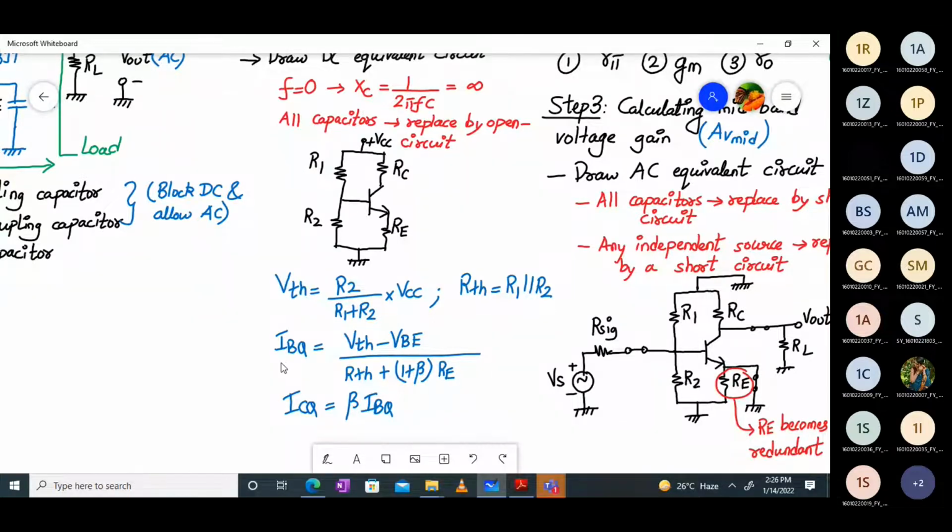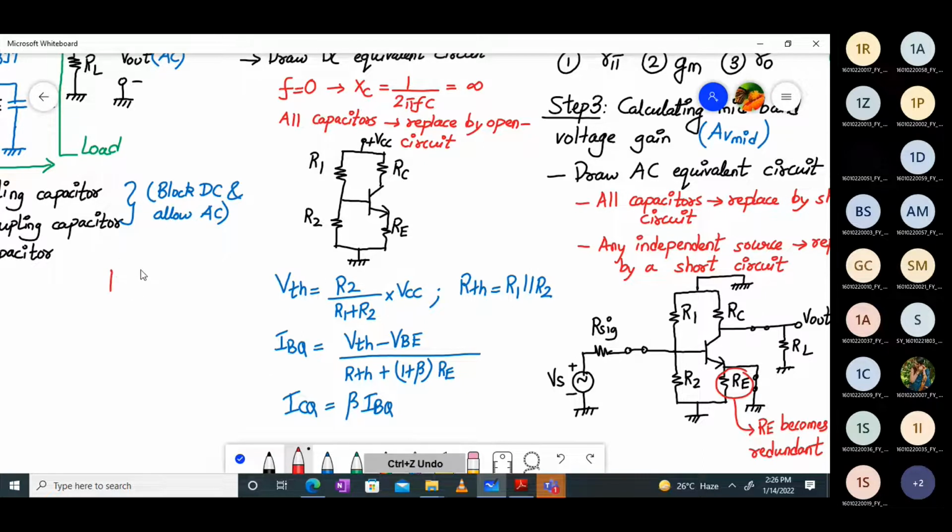And IBQ, what is the formula for IBQ? VTH minus VBE. VBE is normally 0.7 if not mentioned. Divided by RTH plus (1 plus beta) times RE. So beta and VBE are the parameters of BJT. Okay, so I can write it down over here that